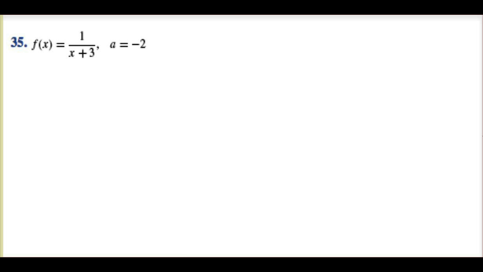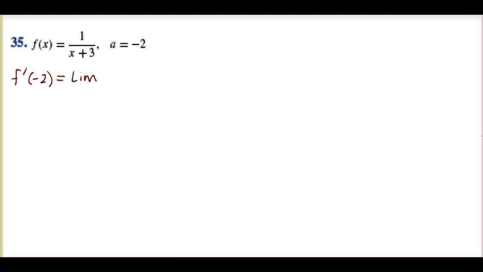But for now we have 35 showing, and the directions are to find the derivative of f of x at a equals -2. So we have to remember that the derivative is the slope of the secant line, and then we take a limit as delta x approaches 0 to find the slope of the tangent line. So here is my equation. F prime at -2